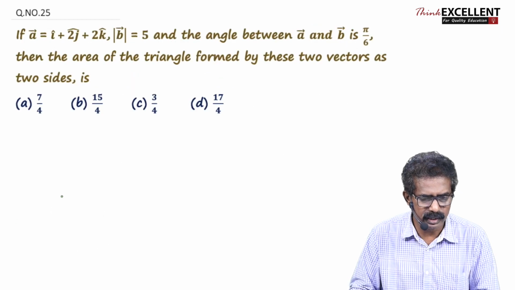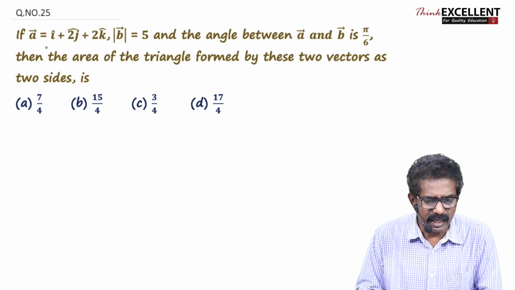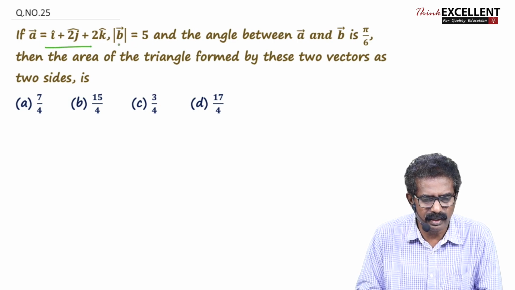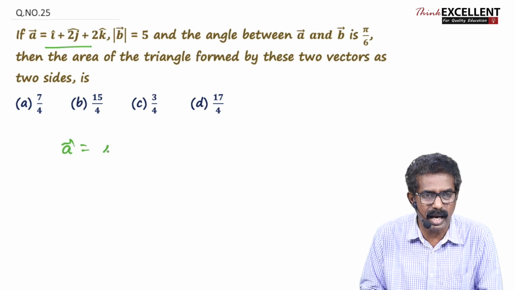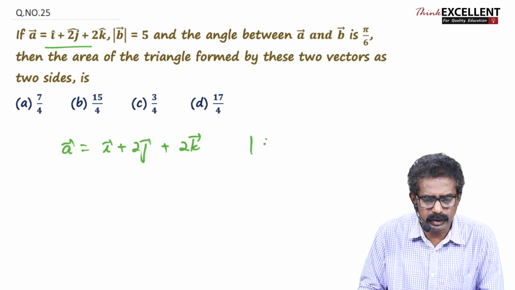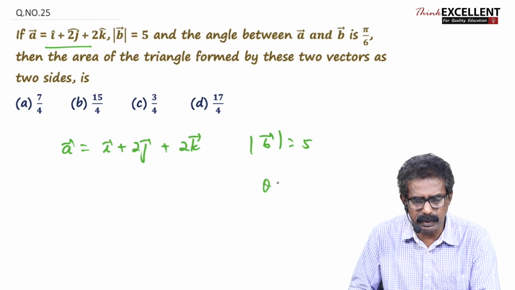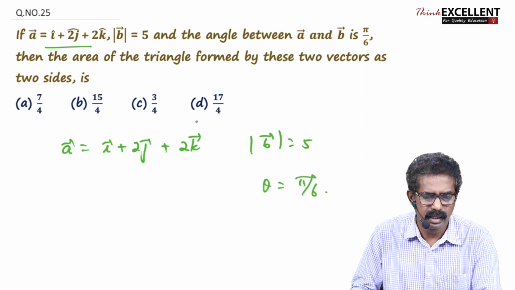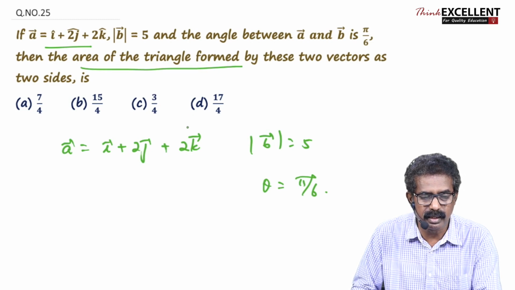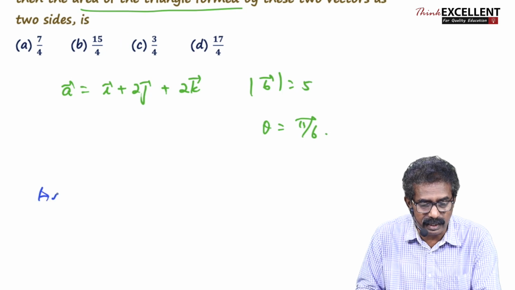Now the last question, sum number 25. If a vector is equal to i plus 2j plus 2k, magnitude of b vector is 5, angle between a vector and b vector is pi by 6, find the area of the triangle. If you know the adjacent sides, area of triangle